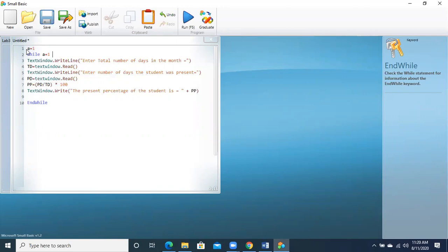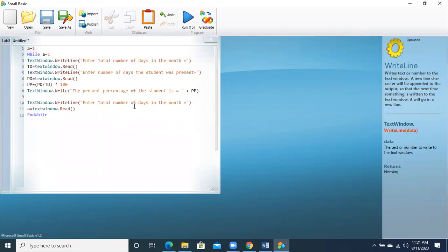अच्छा, how will this value become some other value? How will this be changed? कैसे change होगी? So definitely we will ask the user, do you want to continue? अगर user कहता है continue, ठीक है, then it will be continued. इसको end कैसे करना है? So I'm writing one more statement where I will take input for the a. मैं user से पूछूंगा, do you want to continue?